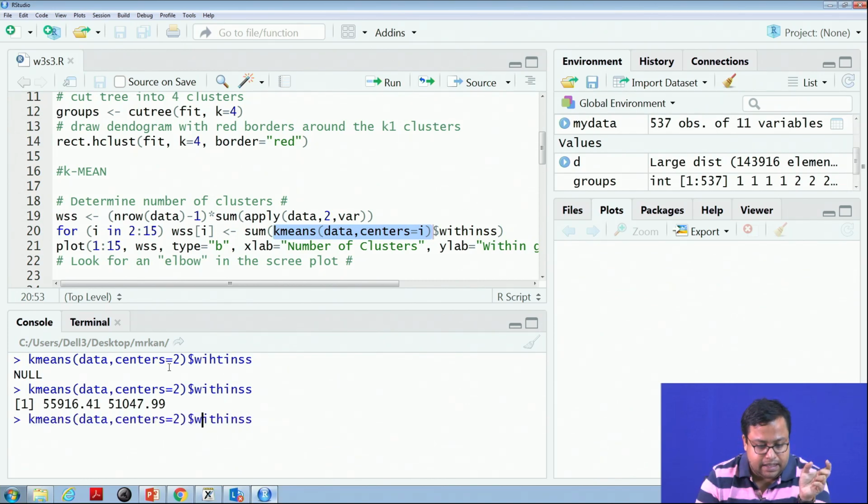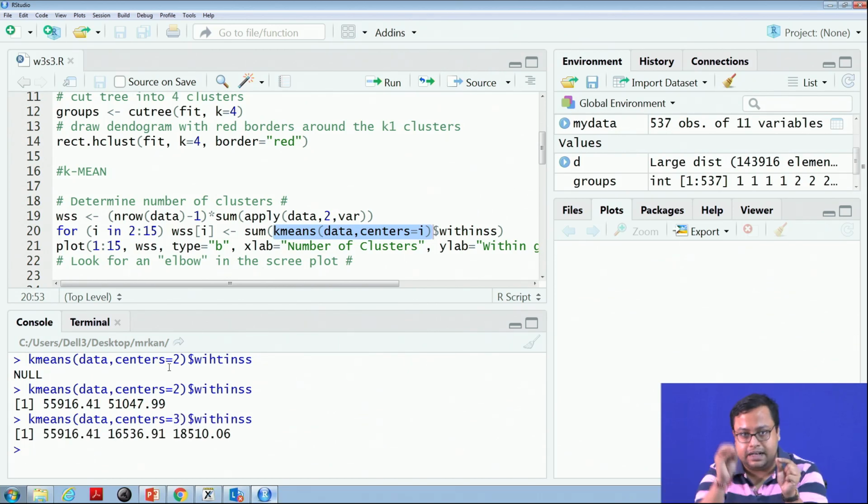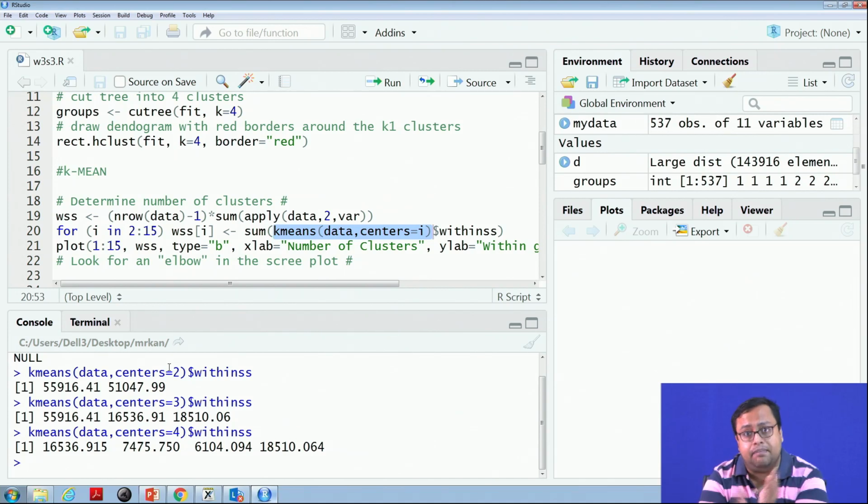If there are 3, then each segment will have 3 different sum of squares. Sum of squares means the distance between each of the observations and the centroid of that particular segment, the mean of that particular segment. So, I find the distance. These are the 3 distances when there are 3 segments. When there are 4 segments, these are the distances, and then I add them up. I join them and add them up, that is why there is a sum sign. So, summation of these 2 says that when the segments are 2, this much will be the total withinness.